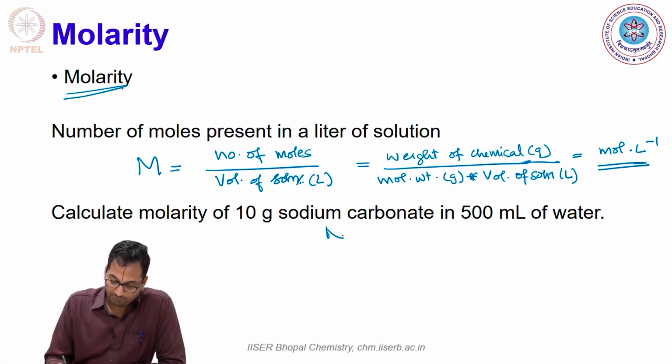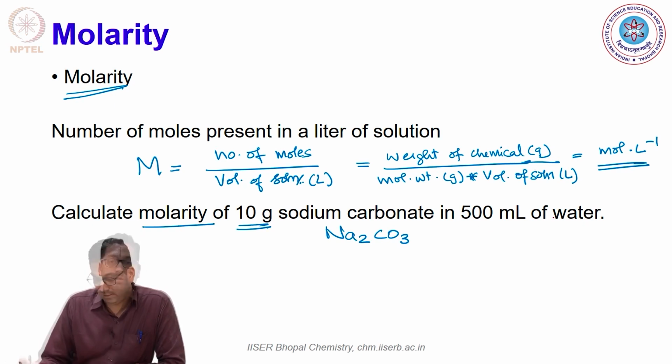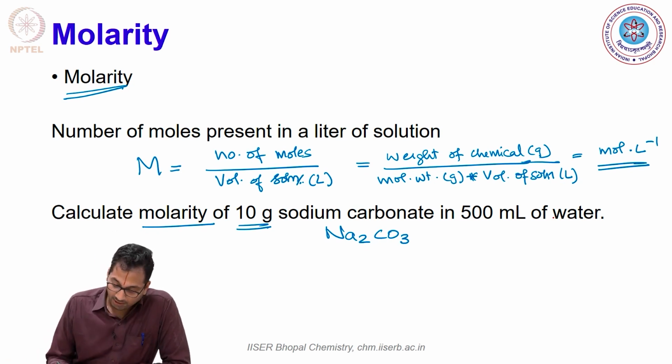Let's go back to our sodium carbonate. In this case, let's not assume it's a decahydrate to start with. So the question here is, what is the molarity of 10 grams of sodium carbonate in half a liter of solution? In this case, we are assuming addition of 10 grams to half a liter of water results in half a liter of solution, which need not be the case all the time, but let's assume the same to start with. So we know that the molecular weight of sodium carbonate is 106 grams per mole,